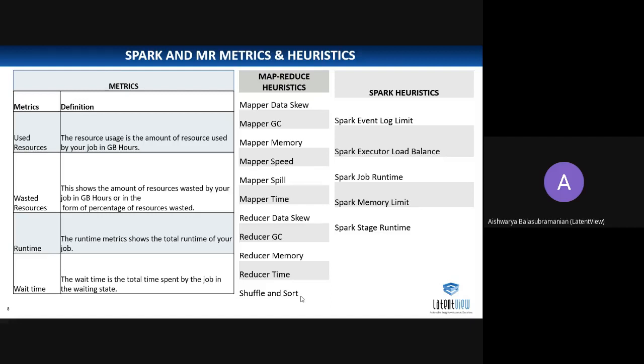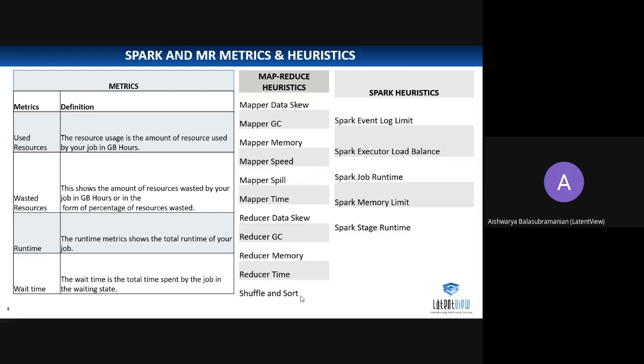So how much resource it has consumed, what the exact runtime is, what the idle time, meaning the waiting time of the mappers, is, and how much resources it has wasted. That is the peak average memory. There is one calculation where we compute the wasted resources. All these things Dr. Elephant gathers and displays in the dashboard.